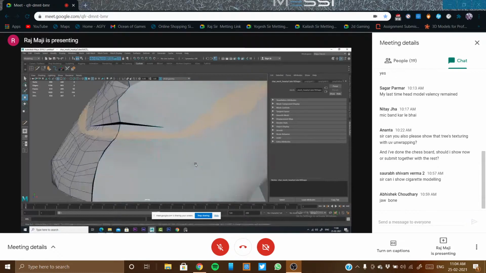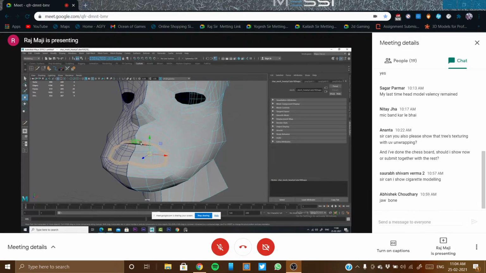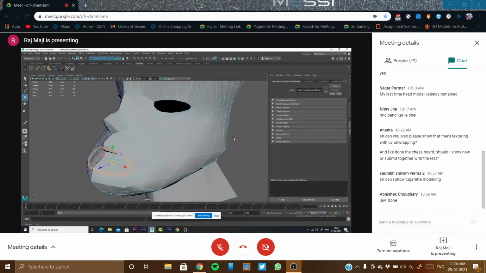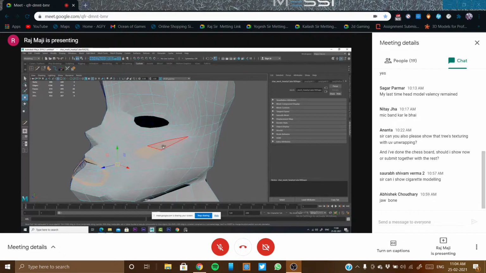So then the lips topology is incorrect. It is somehow creating a circular loop, but see, it's going downward. It's not creating a circular loop over here because of this topology. Okay, so this is looking a little bit problematic to me. But from the above, like this on the forehead, this loop is correct. But where it is connected over here, this is incorrect. It should come somewhere over here.